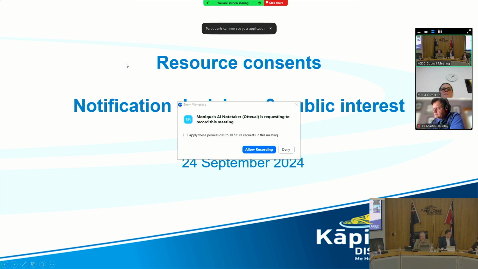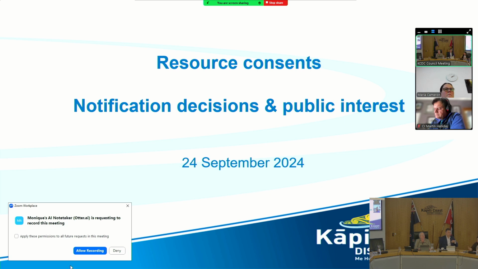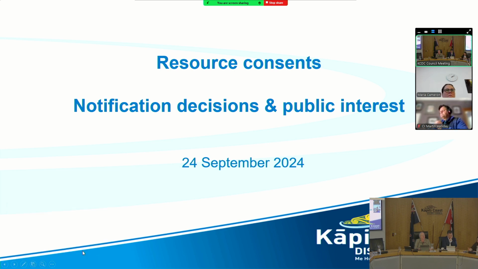The whole purpose of that was to reduce delays and to introduce a more streamlined process to notification, right? And the result of that was that obviously we've received a lot fewer applications